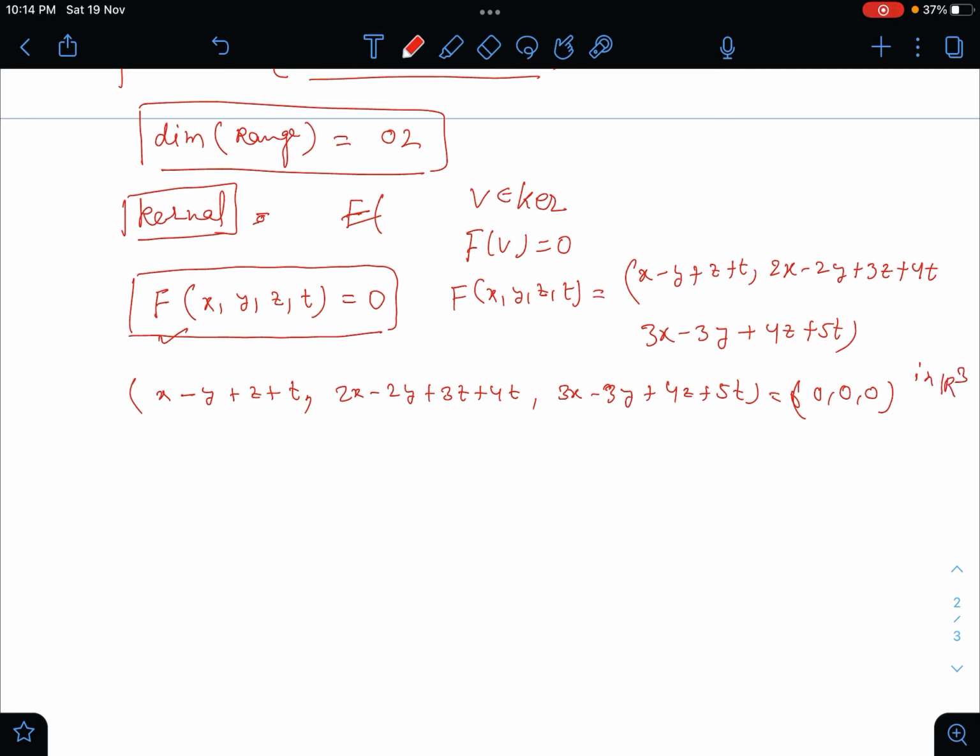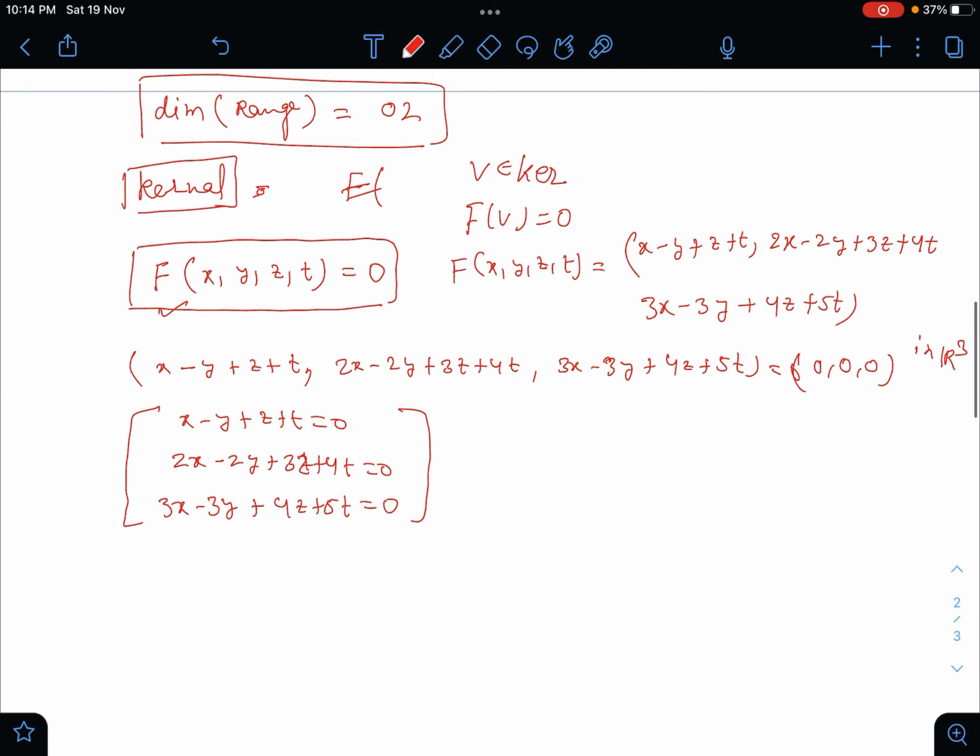So these three equations: x - y + z + t = 0, 2x - 2y + 3z + 4t = 0, and 3x - 3y + 4z + 5t = 0. This system of equations, we need to solve, and the solution will form the kernel